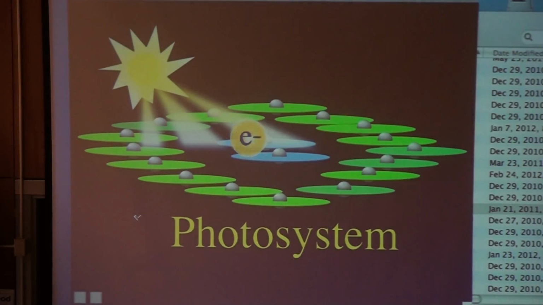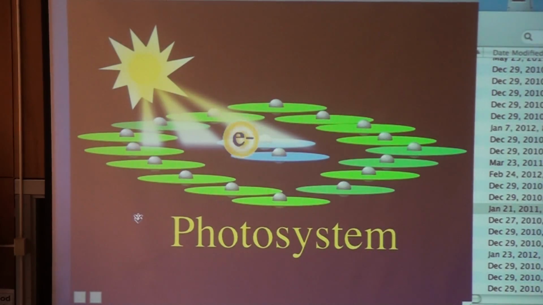Anyway, what happens next is another electron will become energized, and like the first one, it'll skip around a little bit within the photosystem from chlorophyll to chlorophyll, but eventually it too will end up trapped in the reaction center. And when the reaction center has collected two energized electrons, then the reaction center is full, and what's going to happen next is it's going to pass those pair of energized electrons to some other molecules in the thylakoid membrane that will